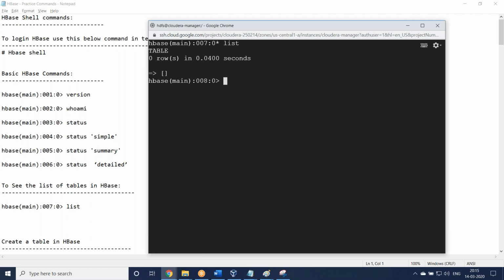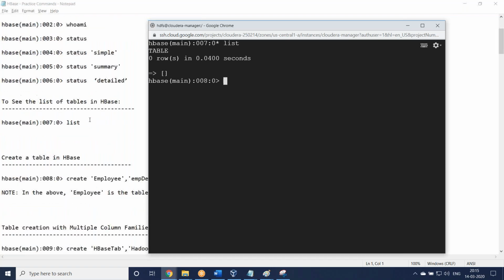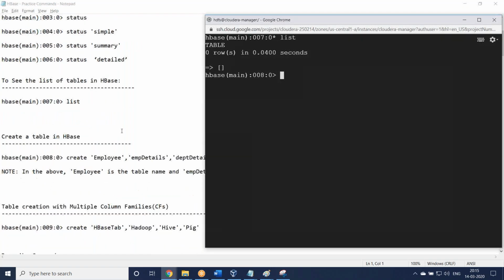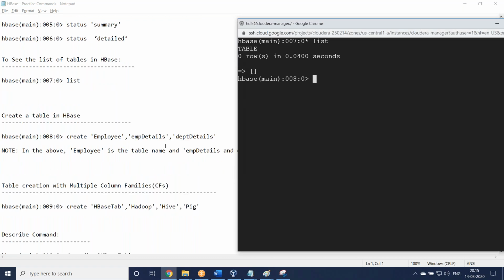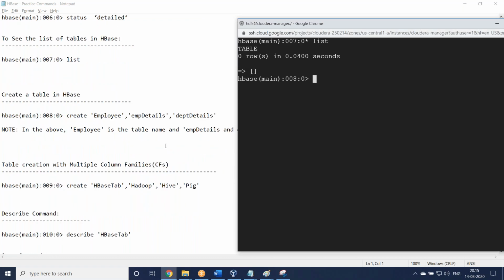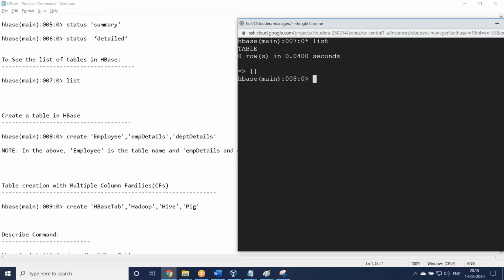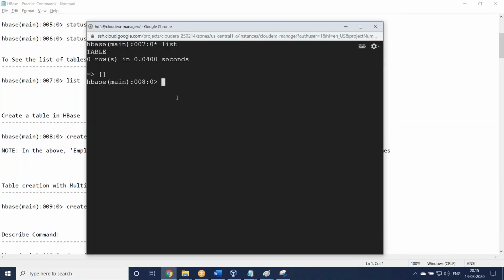If there are any tables, it will display them. You see, I am running it here in the background. To create a table with employee details and department details, you do it this way. So this is the HBase validation.